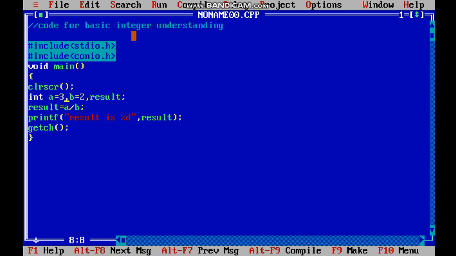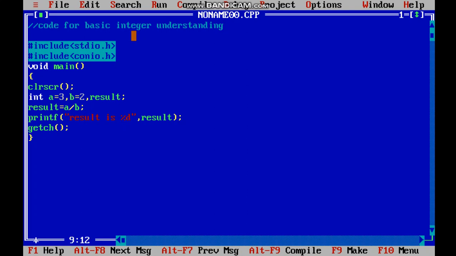It is because we have used integer type. See, we have declared a, b and result as integer. So integer means you cannot get access to point side. So answer is 1.5, but being integer it won't return you 1.5. It will return you the lesser whole number. So from 1.5 which whole number is near the lesser one, that is 1. So it displays 1, but the actual answer is 1.5, right?